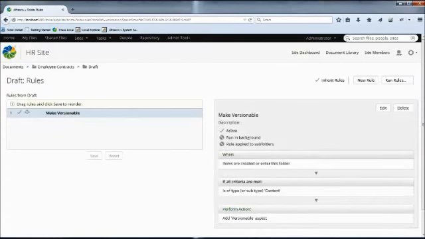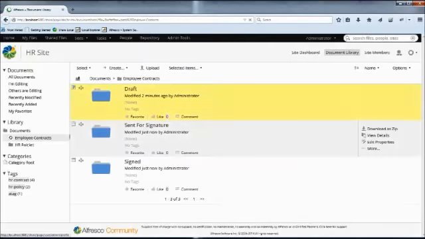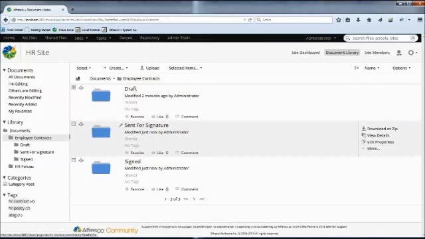First off, we're simply making anything that comes into here versionable, so we can track the versions. Now this is just your regular content version history. In the draft state we're just recording everything that happens informally. As soon as it gets sent for signature, we want to start formally recording the